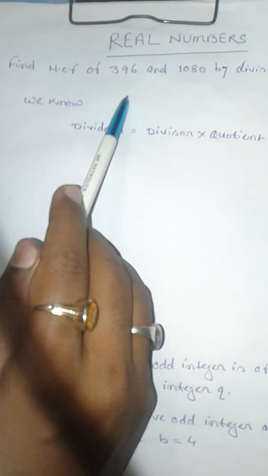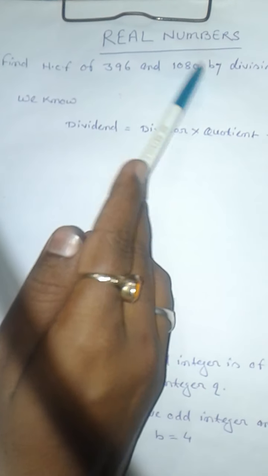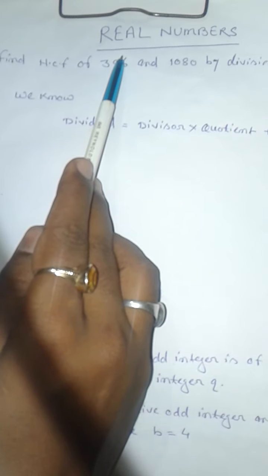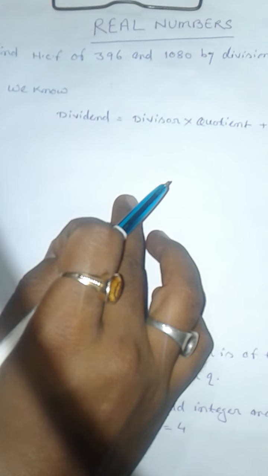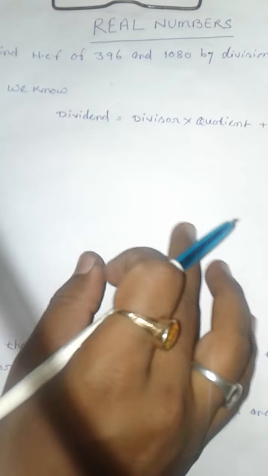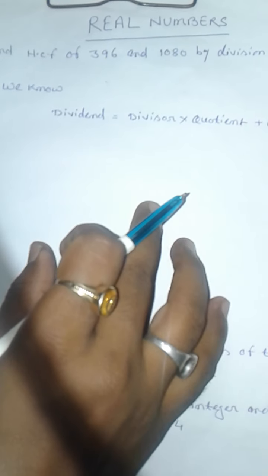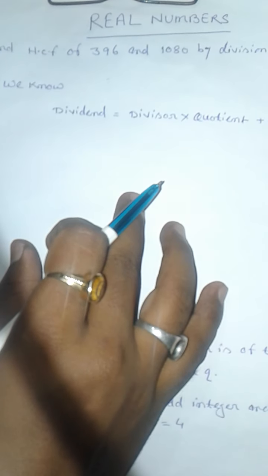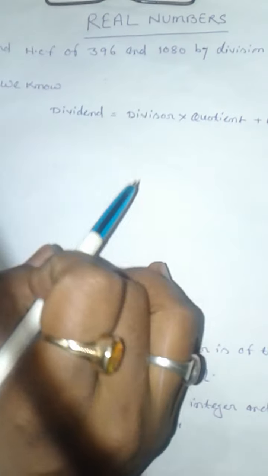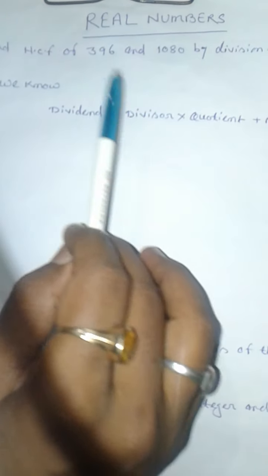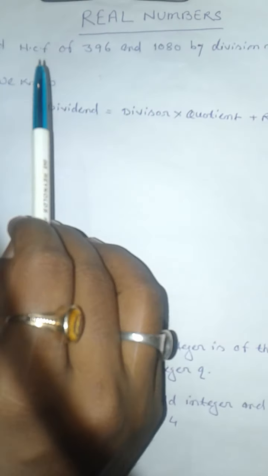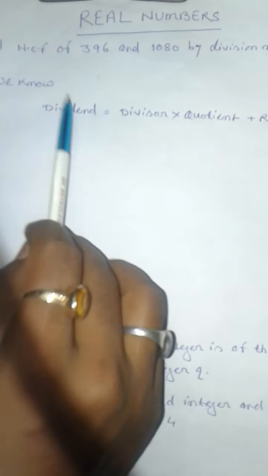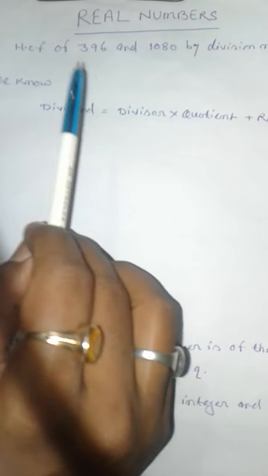Friends, today we are going to discuss real numbers, that is the first chapter of class 10. Already in class 9 we got that numbers can be divided into two types. One is called real number and another one is imaginary. Imaginary numbers we discuss in the higher class, but real numbers, a little bit of idea we got in class 9, that how we can find a number is terminating, non-terminating and so on.